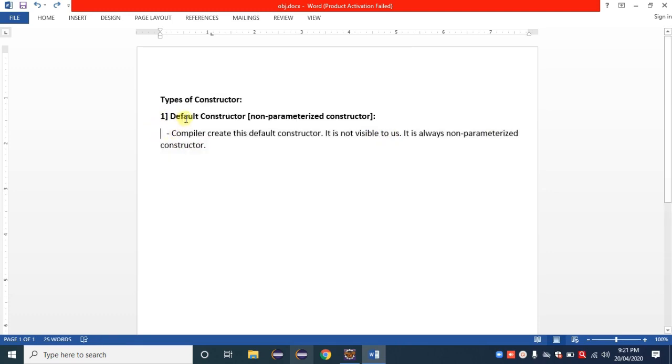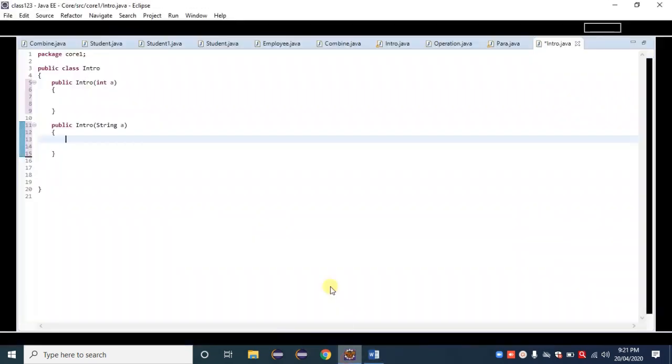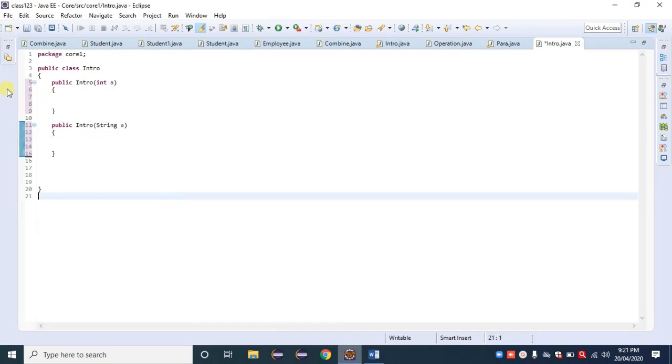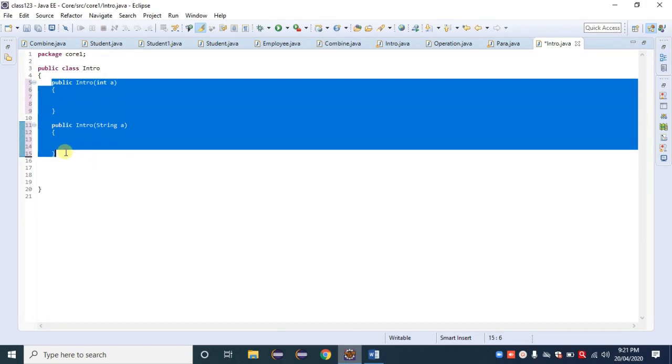When we create an object inside that class and there is no other constructor given by us, we are the user. If we are not generating any constructor, in that case, if we are creating an object, the compiler creates a default constructor inside that class. Suppose, consider this example. Right now, these two constructors are user defined constructors.